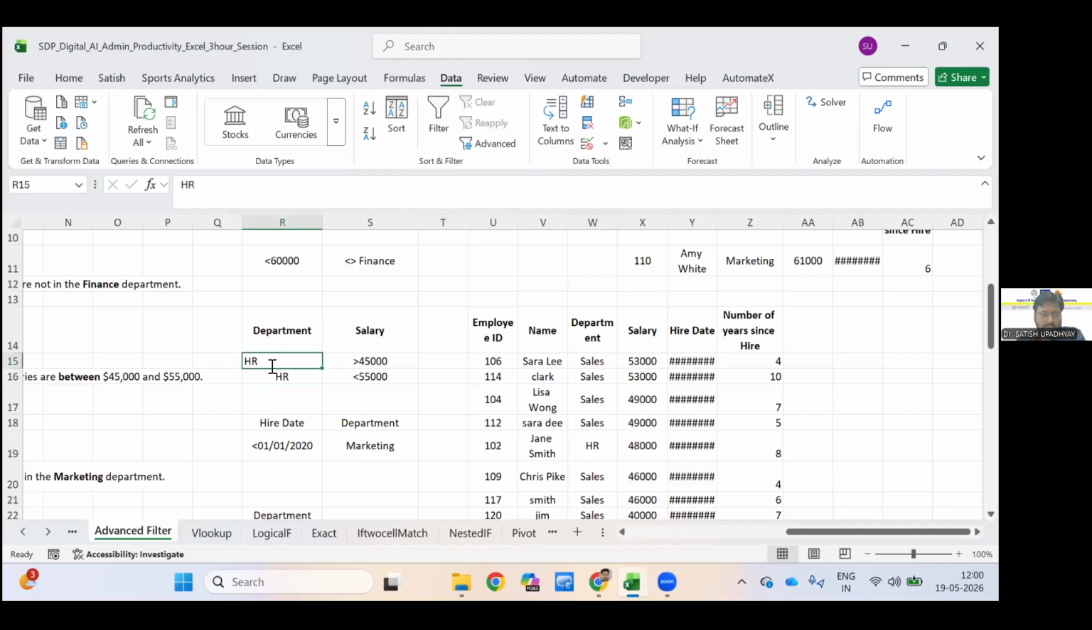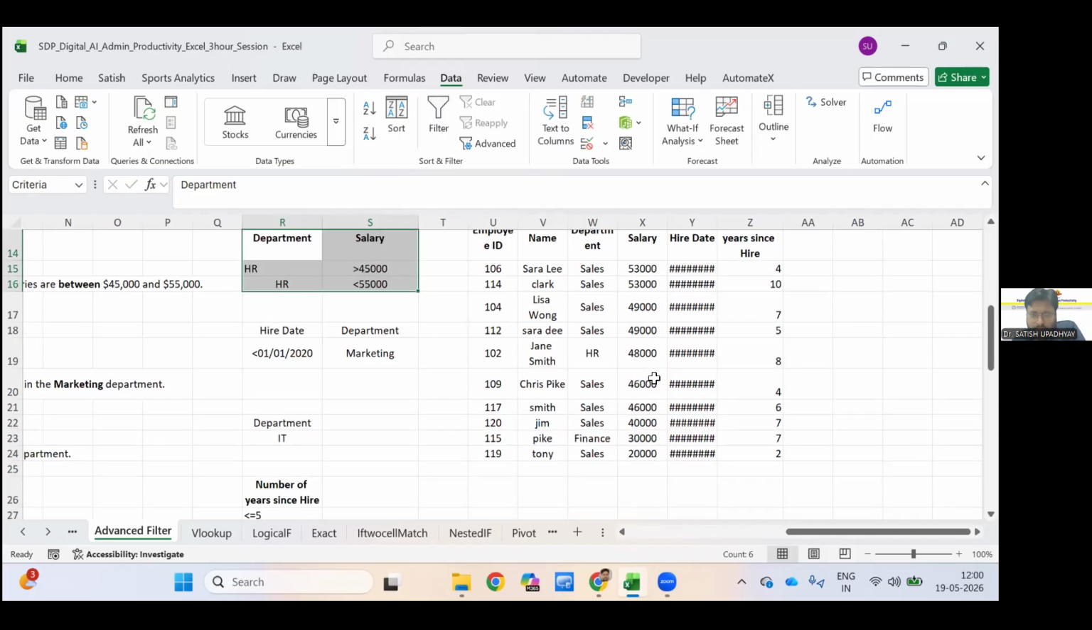So what I'll do, I'll remove this again and I'll show that again. HR. Okay. There's some formatting over there, which I have applied previously. So these two conditions I want to apply. Okay. So in that case, you will see that the amount is within those values, less than 55,000 and then greater than that. So if you want to apply those two conditions,